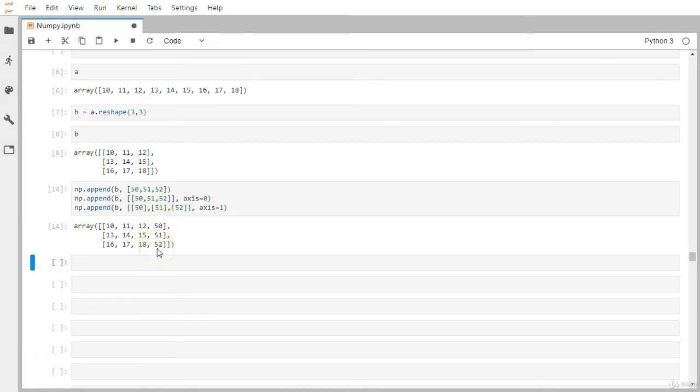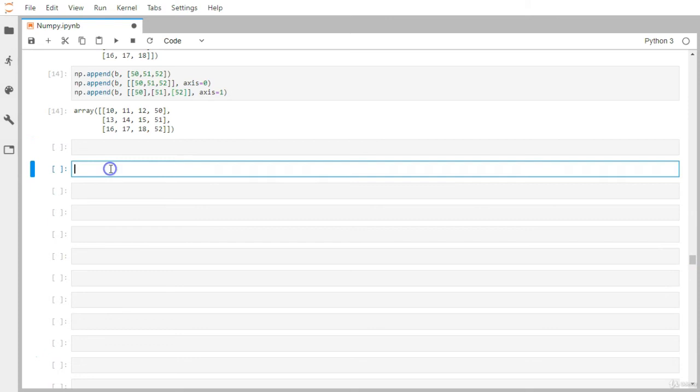So that is how you can append an individual element, or rows of elements, or columns of elements to your existing array with the help of this append method. Now let's see another one, insert. Append adds at the last index position available in a NumPy array, whereas inserting means you can insert some data at any particular index position.